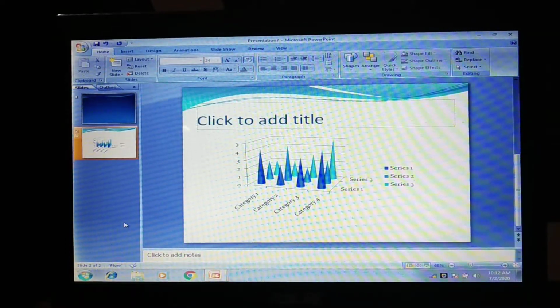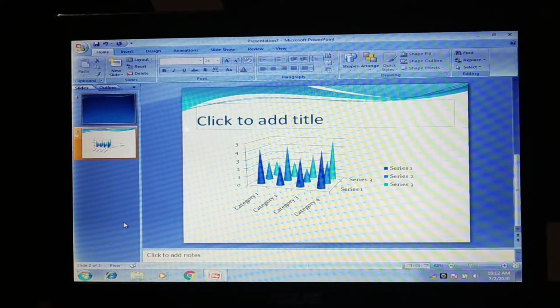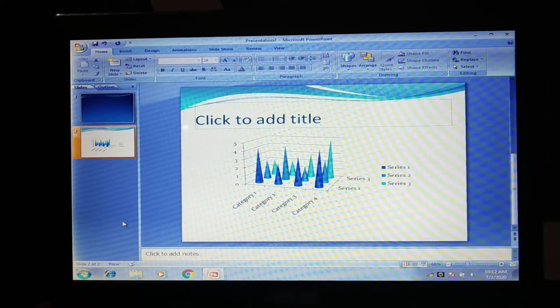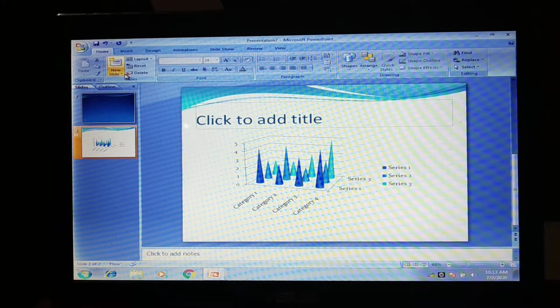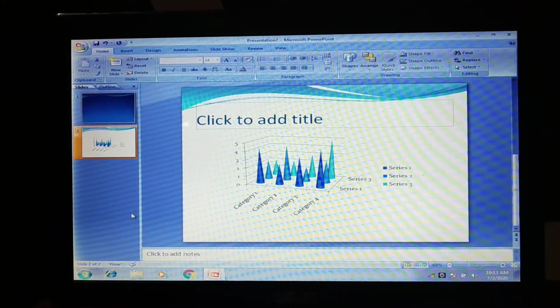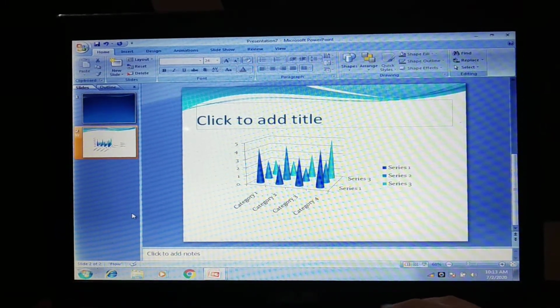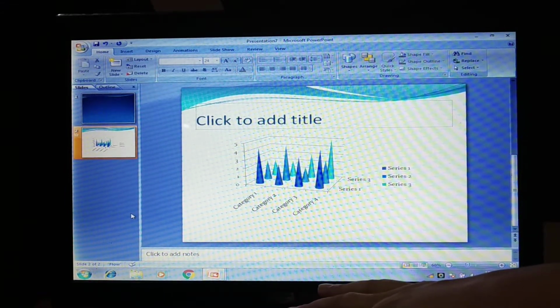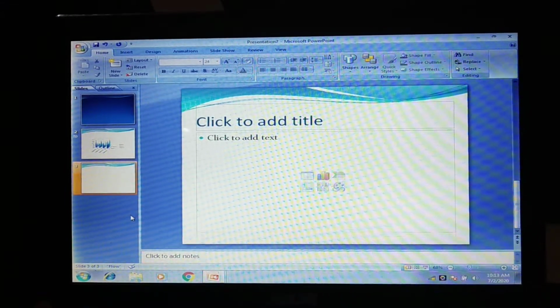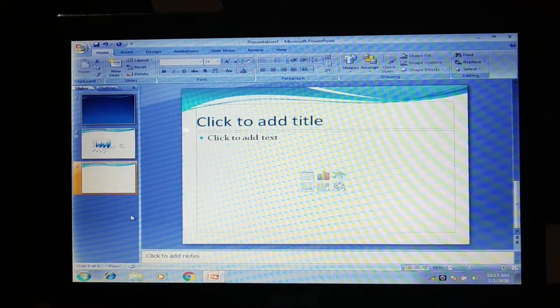If I want to take a new slide, I can do this with the help of this. But if I don't want to use that, then there is one shortcut key, which is Ctrl plus M. Ctrl and M you have to press together from the keyboard, and when I press, I get a new slide added to my current presentation.